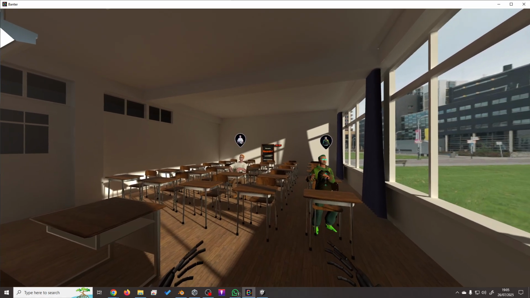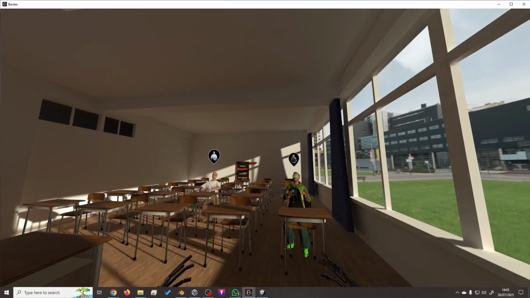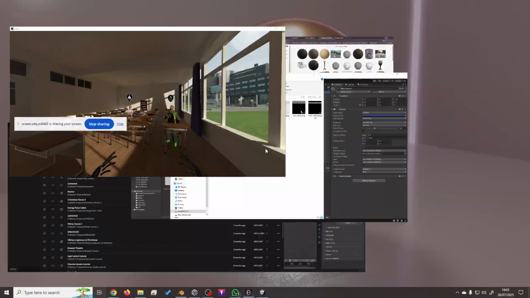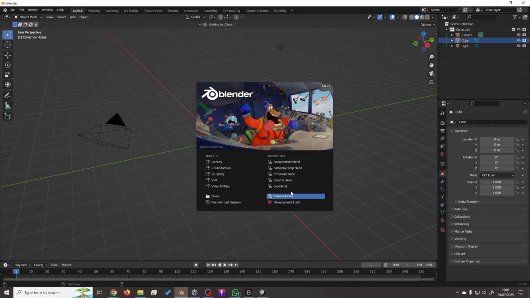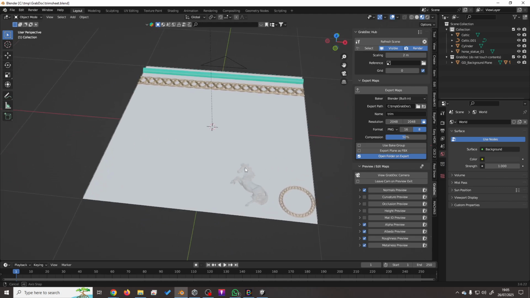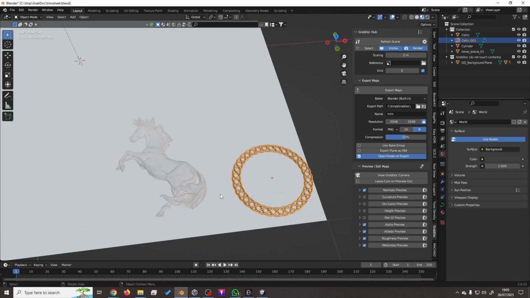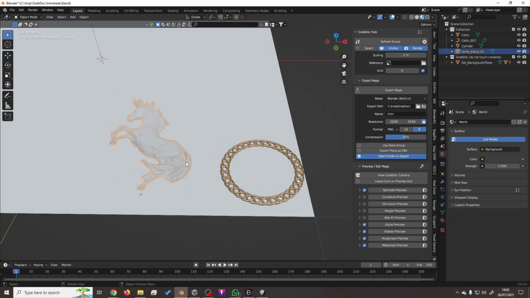Right, so back in Blender, where have I got it here? Come on, open up. Why didn't that open? Okay, so this was the trim sheet we created last week. If you remember, it was just a kind of Celtic knot. Did I do the Celtic knot circle? Yeah, I did. And we brought in this